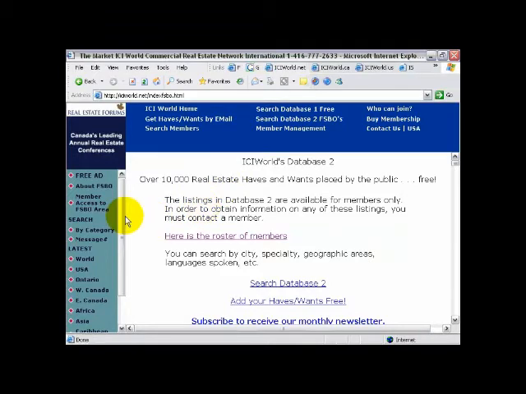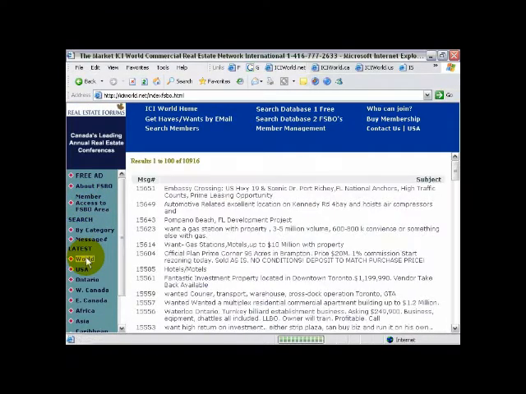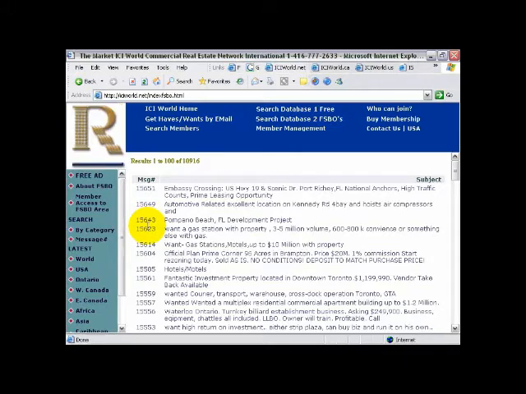Now, before we do the member access search, I'd like everyone to click on the word world on the left. And you'll see the listings come up in the FSBO area, but you cannot click on these message numbers if you tried. And that's by design. So in other words, the public can post information there absolutely free, but only executive members of ICI World have full access to this FSBO area.